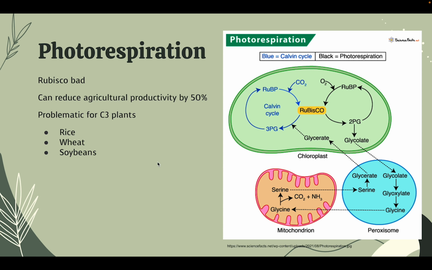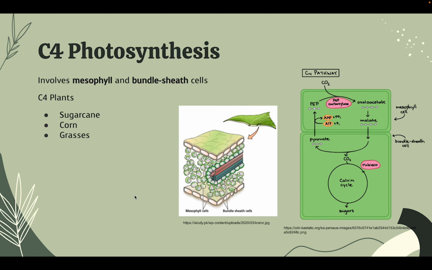make anything useful. And that's especially problematic for C3 plants, which are a very big group of plants that we see every day: rice, wheat, and soybeans. It can reduce their agricultural productivity by 50% because you're wasting a bunch of resources that we made in our light reactions, and you're not really doing anything. You're not making any sugars that can be used for energy, really. You're just wasting energy and resources. So yeah, we want to prevent these, which is why we have two mechanisms, the first one of which is